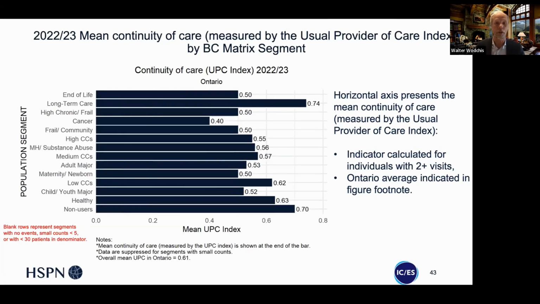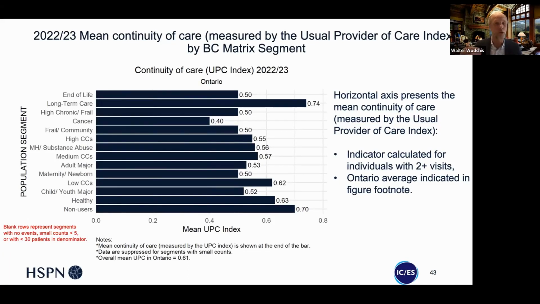So people in long-term care who mostly have a designated most responsible physician, 75% of their care is being provided by that individual. People with cancer who have a new diagnosis and are seeing many, many different people through the course of that illness are then actually at the lowest point, which is not terribly surprising. What one would hope is that after they receive cancer care, that they can resume a more normal